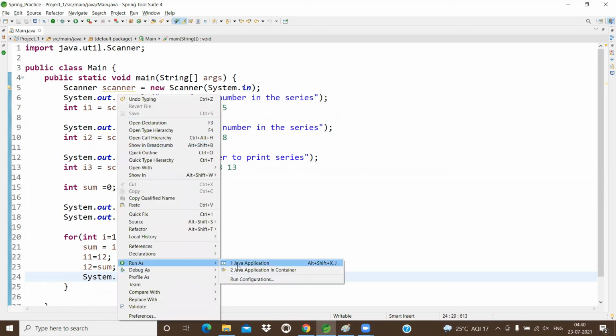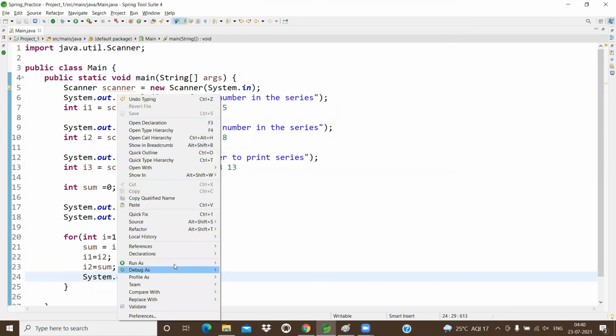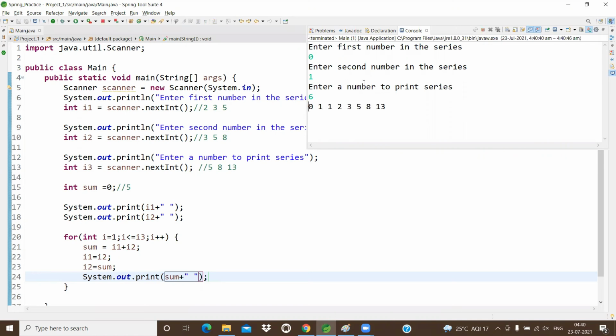Let's execute this program and enter initially 0 and 1. 0 is the first number, 1 is the second number. Up to how many numbers do I want to print? 6 numbers.